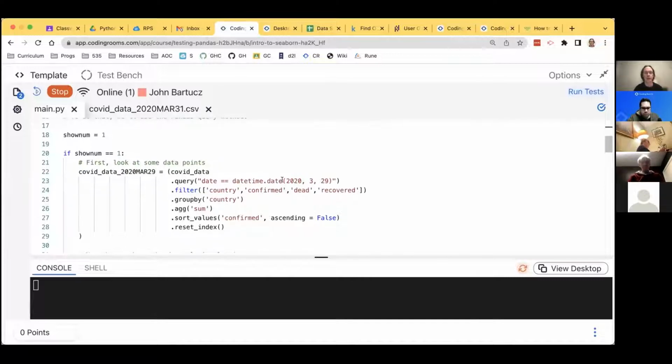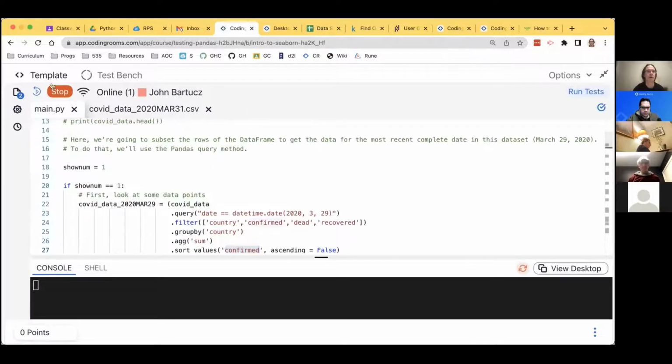We're going to look at a specific date, March 29th. We're going to filter by country. We're going to group by the country so that it conglomerates all the data from each country into one group. It's going to sum it, right? So each country's total confirmed cases and total deaths is going to be summed into one value. And then it's going to sort by confirmed cases. So if I run this,